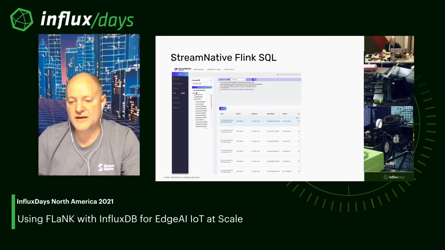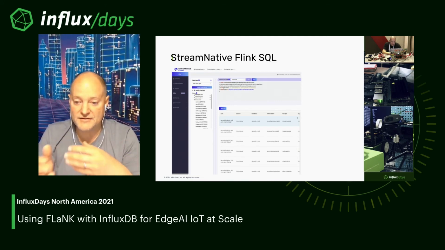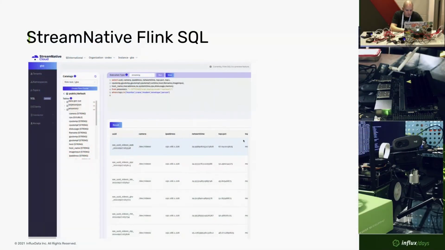That also gives me a place to run my Flink SQL. What's nice about that is I can test out a query, get some aggregates, and when I like the results, I'll just drop that data right into a sink, which is another topic, and that topic can be streamed out right to, say, InfluxDB, or to any number of data stores, or just an S3 bucket, or whatever makes sense for your